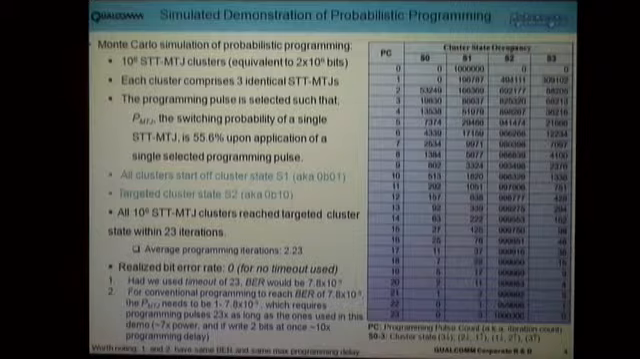And with the average iteration, it's 2.23. So in this example, we realized the bit error rate is 0, and had we used a timeout of 23 instead of giving it unlimited time to program, we can reach a bit error rate of 7.8 times 10 to the minus 9. For conventional deterministic programming to reach the same bit error rate, 7.8 times 10 to the minus 9, then we would